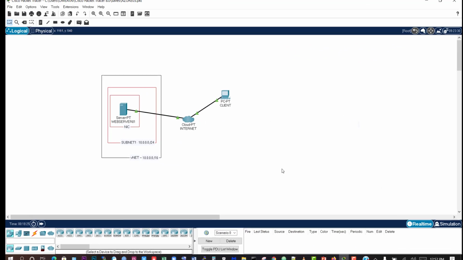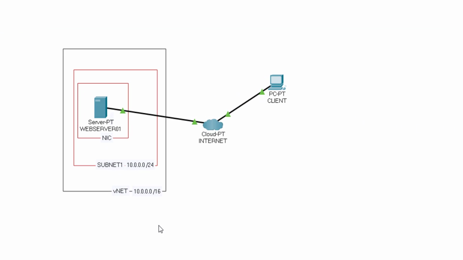Before we go on to the Azure portal, let's take a look at this illustration that I did on Packet Tracer, trying to show what we want to do. We are going to create a virtual network with an IP address range of 10.0.0.0/16, and within it a subnet called subnet 1, which is 10.0.0.0/24. Within it we're going to create the web server, and the web server would have a network interface